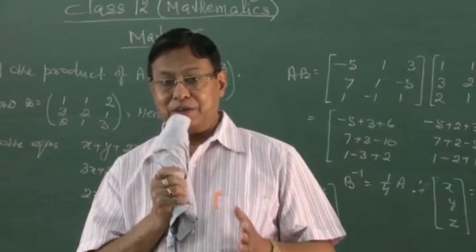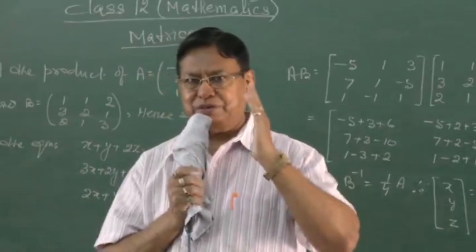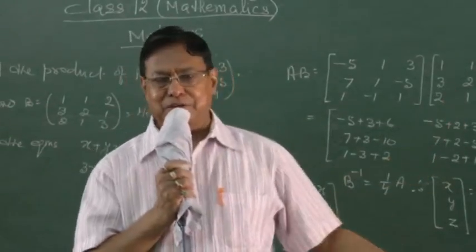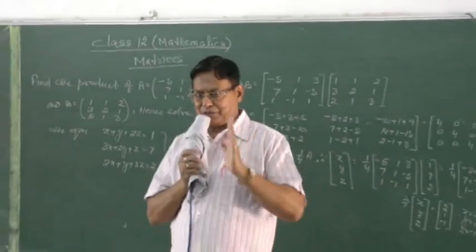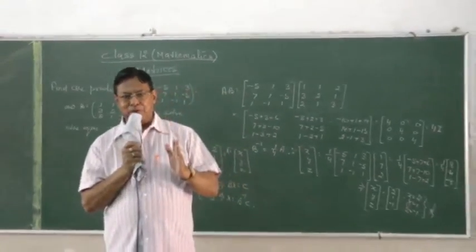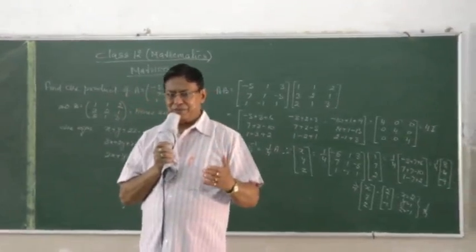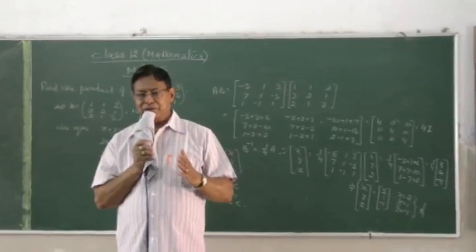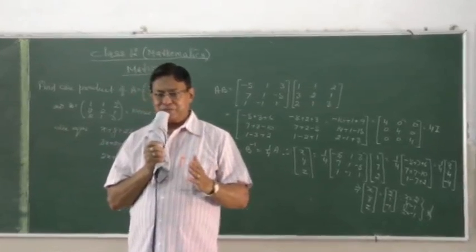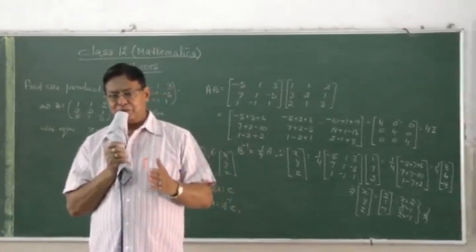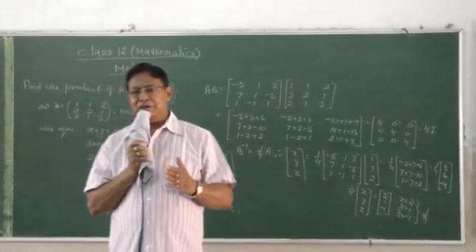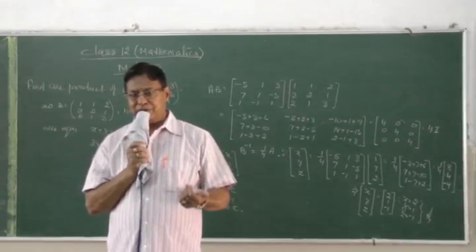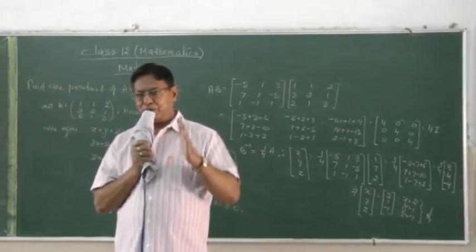I'm not doing determinants because that needs a little face-to-face interaction. Okay, this you have done in class 10. This is nothing much. Before I finish, I just repeat. What you have to do is, the first part is that of class 10. You can go through the book, that's not a problem. For class 12, the 6 marks question is from solving the equation. For solving the equation, you need the inverse of the matrix. To get the inverse, you need the adjoint of the matrix, that is the cofactor of the matrix and its transpose, and the determinant of it. So that's what we did.